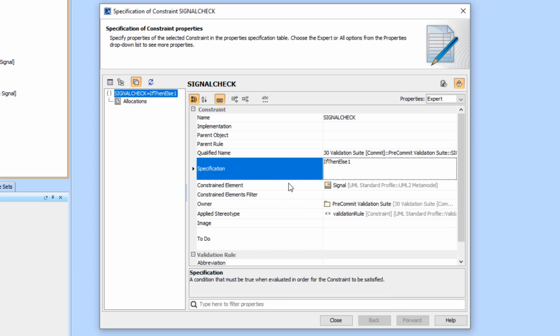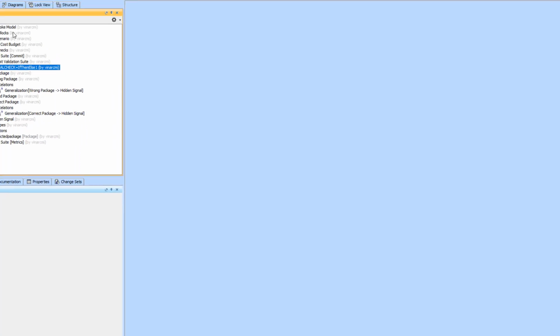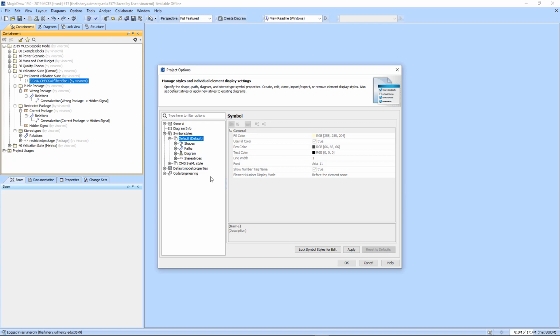So I'll show you how to set that up. So notice we have the signal check is set up here. We've stated, I didn't put an abbreviation or error message in, but the severity is fatal. So what we'll do is we'll go ahead and we'll set this up to run before commit. So if we go to Options, Project, and we go to Validation,